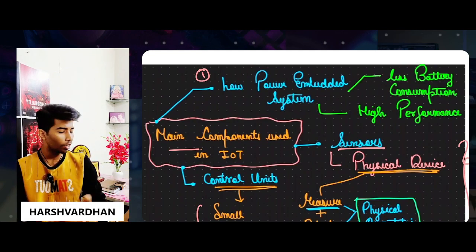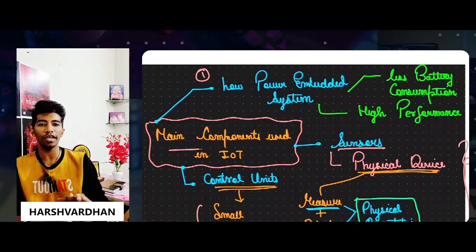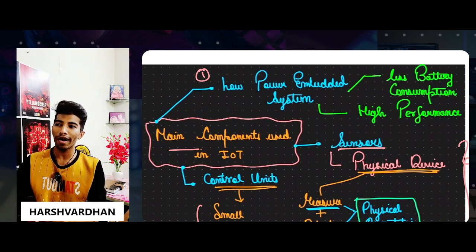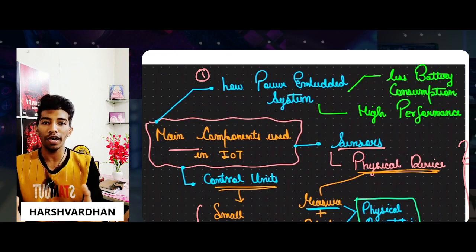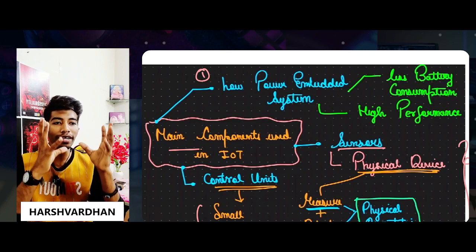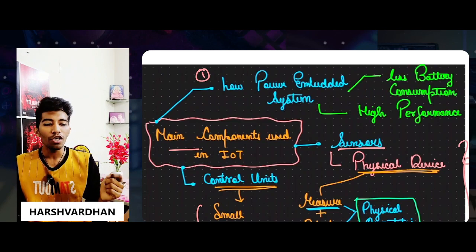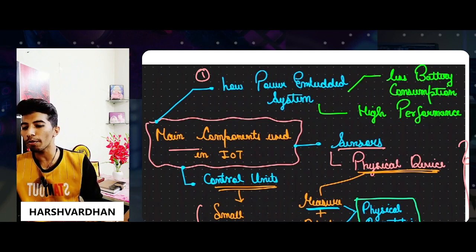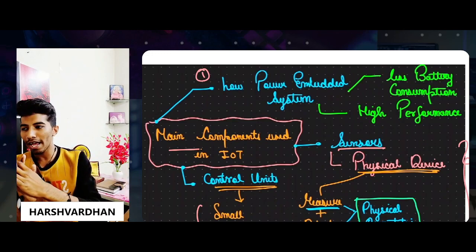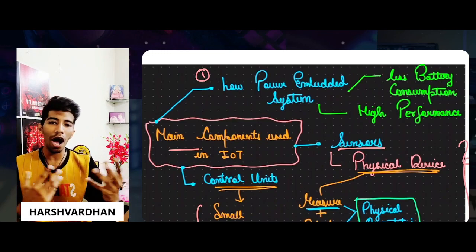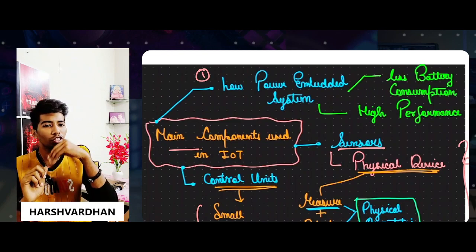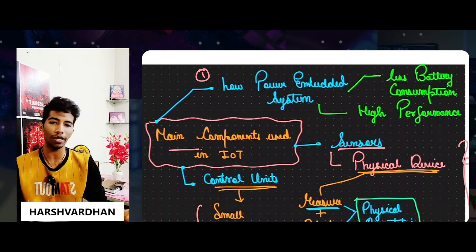Let's take an example: suppose I have to create an IoT device. Let's say this boat is there, and I have to create it as an IoT boat. Then what I will do? I will first of all find a solution for that, and figure out some components. When we go and look for the components, we will find the components best suited for us. How can we do it? Simply, we will find a component which uses less battery and gives its best performance. So for that, we will go out and find components which give less battery consumption and high performance, just like we find simple lights for studio lights, you can take that as an example.